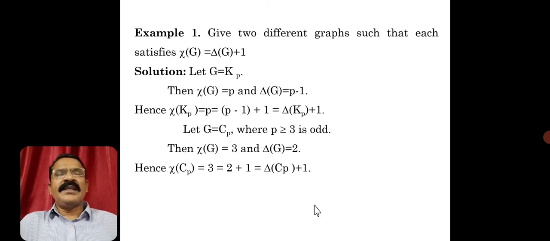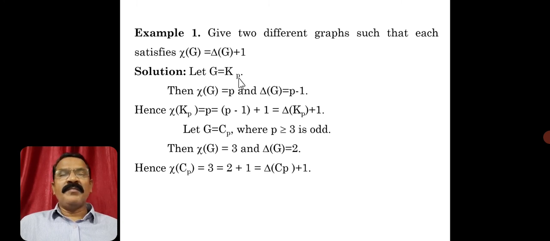Let us consider some examples based on these results. Give two different graphs such that each satisfies xi of G, that is the chromatic number of G, is equal to the maximum degree of the graph plus 1. So for example, let us consider G equal to Kp, a complete graph with p vertices. Then what is the chromatic number of this graph? Already we know